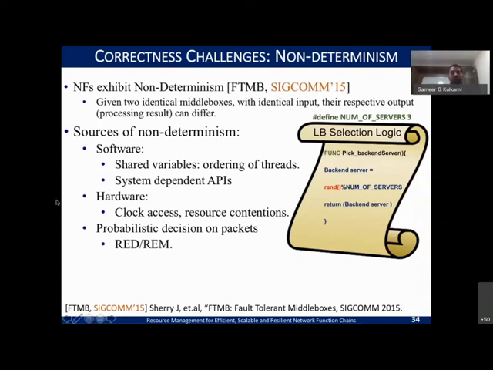And we see what the different modes are through which this non-determinism can get inserted. One of them is shared variables, where we have different threads, like P threads, that run different pieces of code and try to synchronize. How you schedule these threads can also add to this non-deterministic behavior. It is not that one is right or one is wrong, but the outputs can vary over time. Right? And any access to hardware, like time-stamping the packets or contending for the IO devices, can result in non-deterministic behavior.